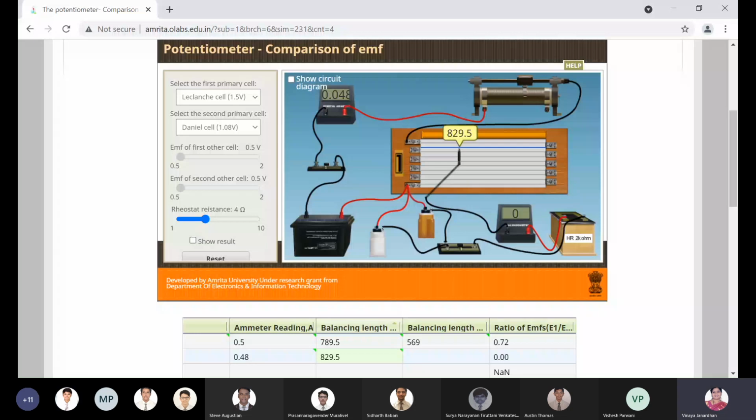Okay, fine. Boys, immediately try to make your PDF either from your sheets, what you are writing, or from your observation book, or from your physics notebook. Neatly do that work, boys, and then submit it in the folder. Just check. I put the folder under the name potentiometer comparison of EMF of both the two cells.